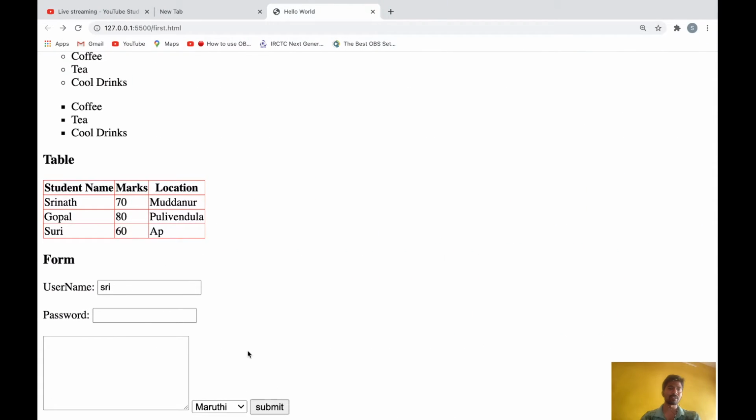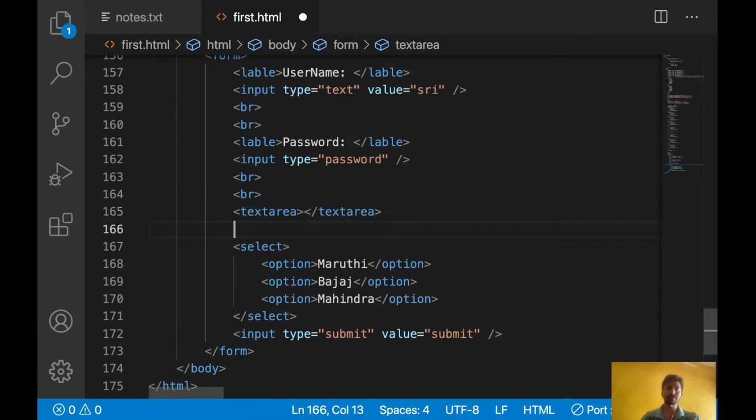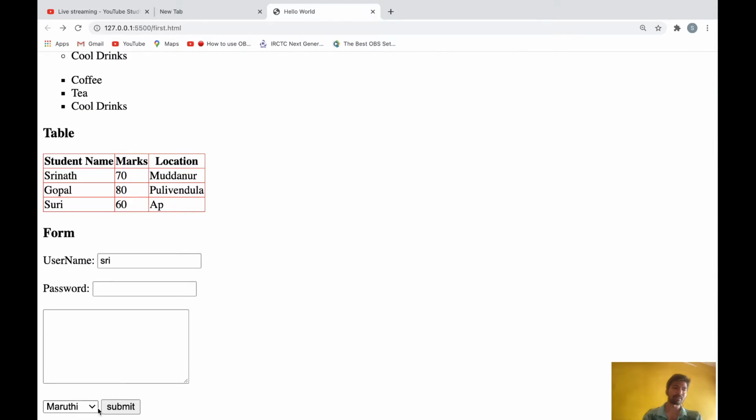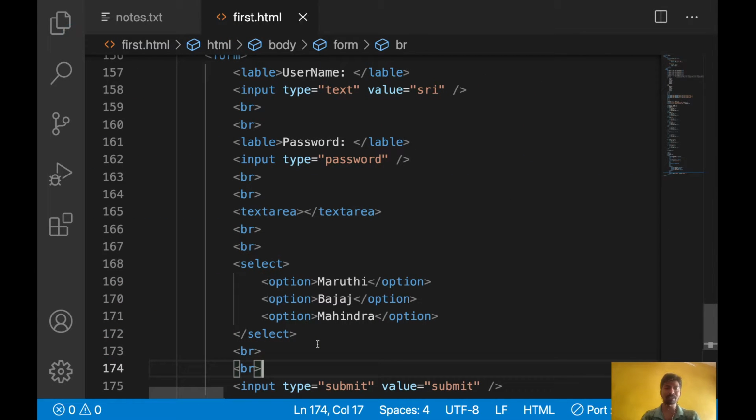Okay, so let's give some break here for breaking the row. Let's give one more break after this also, because the submit button is coming side by side.